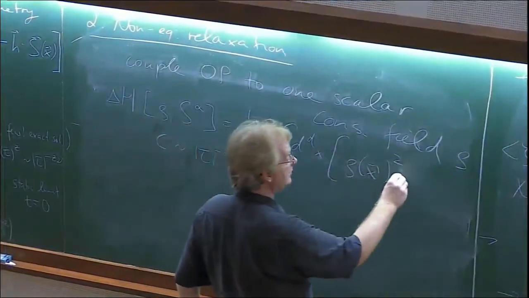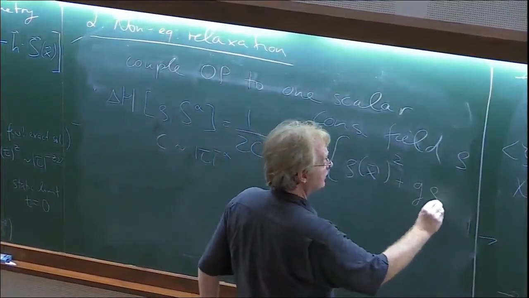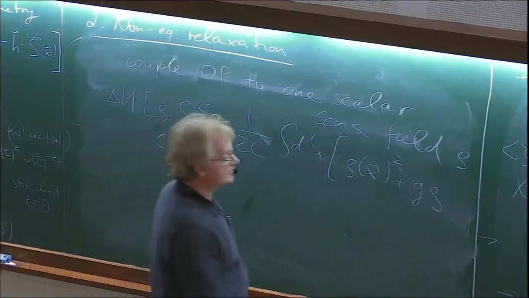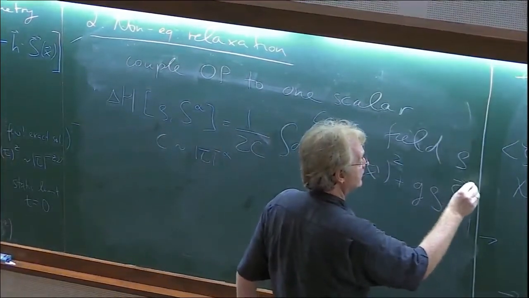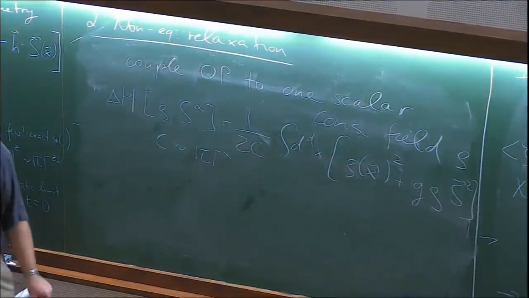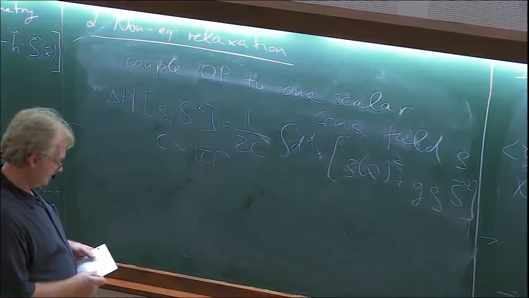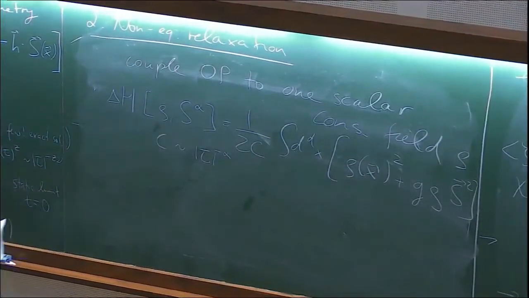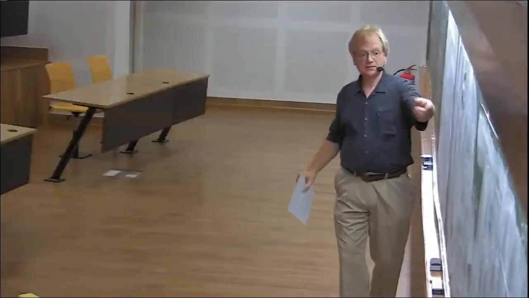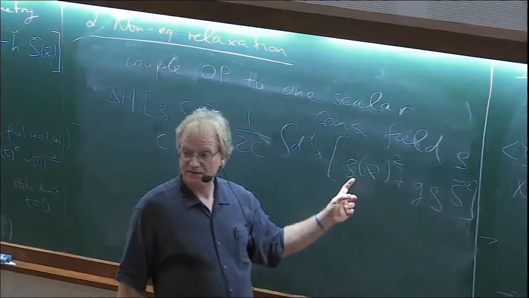And then we need some coupling here of the energy density to the order parameter. And the simplest we can have is a rho S squared. We cannot have something that's linear in S because of O(N) symmetry, and so the simplest one is this one. So to see what that does statically, not worrying about dynamics, I can just look at this and see that rho shows up only linear and quadratic.